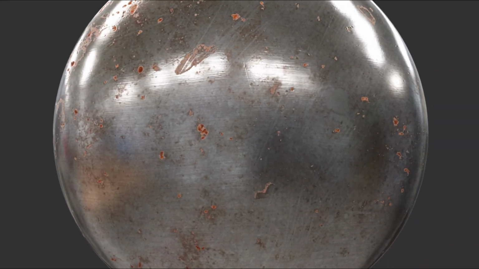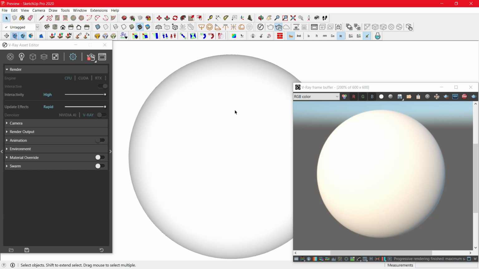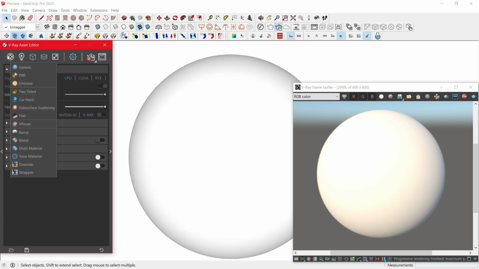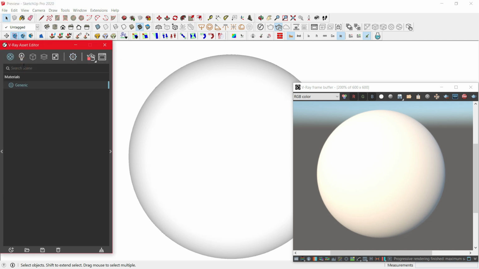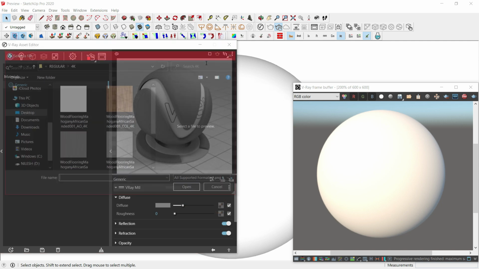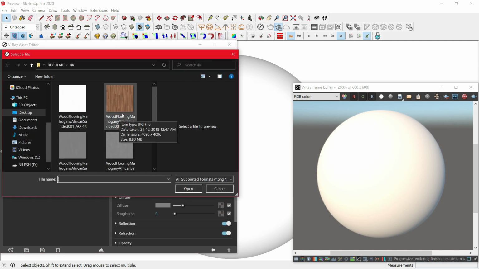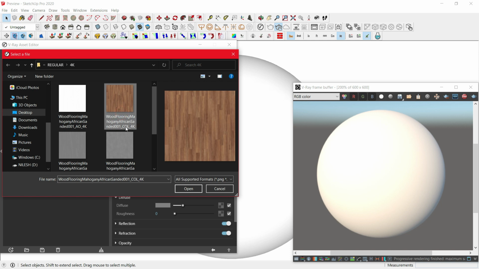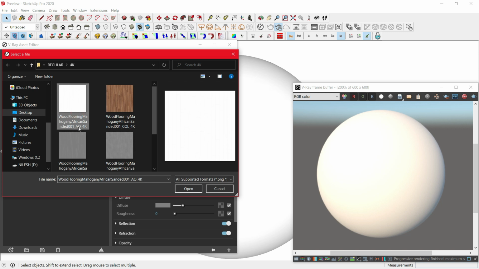Pretty good, right? Now for the specular workflow, for non-metallic materials like wood, just head to Asset Editor, click on Materials, open Generic, and maximize the slide. Now under Diffuse, left click, open Bitmap and just select the color map. These are the highlighted words like color, and for ambient occlusion you have AO.